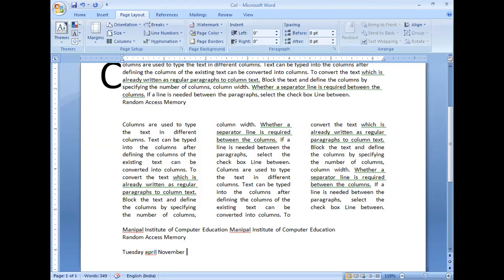And next, suppose the caps lock is on in the keyboard and we type any word, for example, computer. You can see the first letter is in lower case and the remaining is in uppercase, and when you press the space bar, it corrects by itself. This is called the autocorrect.